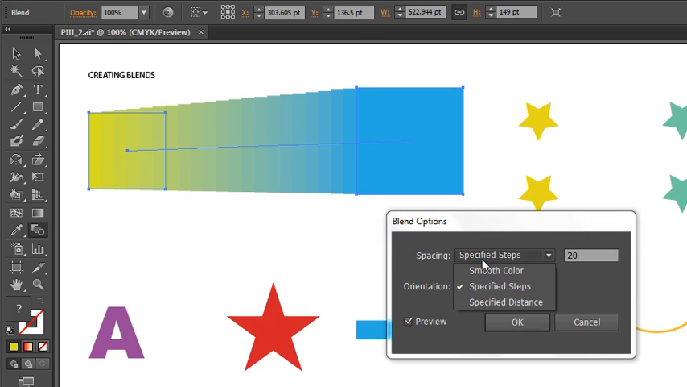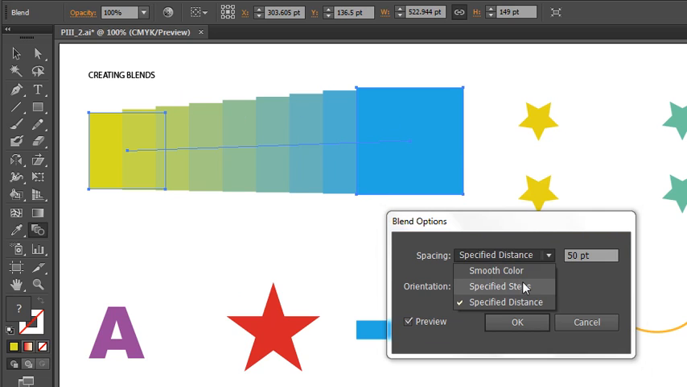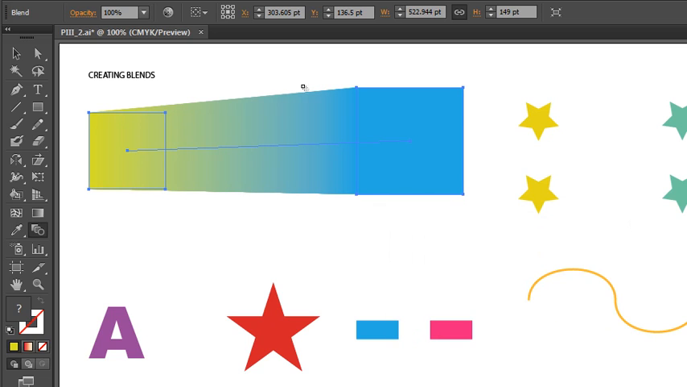The third option is to choose a specified distance, where you can choose the number of points. So if we brought it down to something like 1, it's very little space between the individual pieces. But if we took it up to something like 50, toggle that off, now you can see the space between the different pieces in this blend. Let's go back to Smooth Color and click OK,